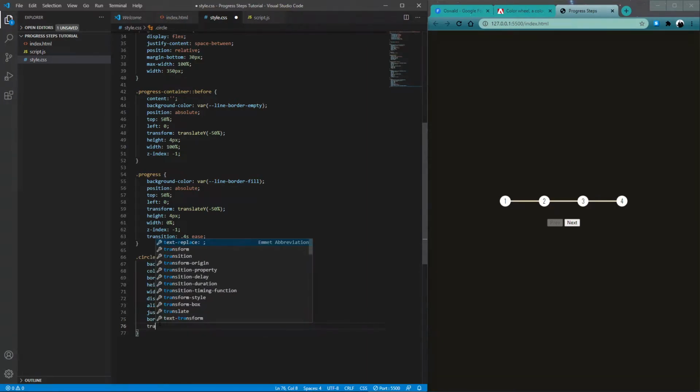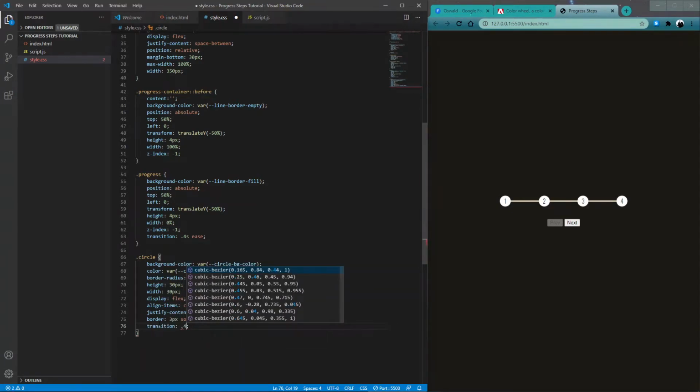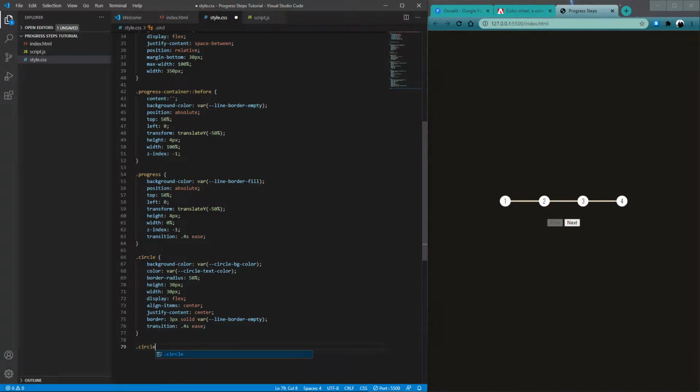And just like the progress line, we want the transition to be nice and easy, so 0.4 second ease of transition. And that takes care of the basic circle element, but now we need to define the circle active. So we'll access the circle active div, and we'll style this with a border color equal to the line border when it's fill,